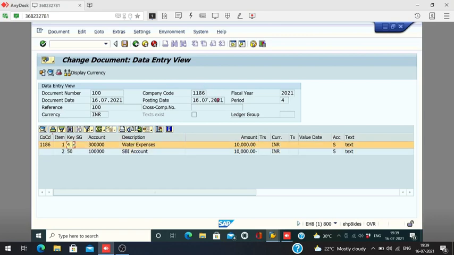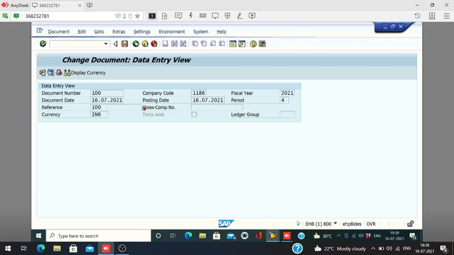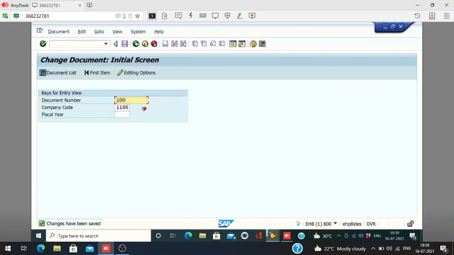Okay, you cannot change the company code, but narration, reference and text, you can change these things normally. Okay, now save it. There are how many T code? Three T code: FB01, FB02, FB03. Okay, so now we have done the posting of this.